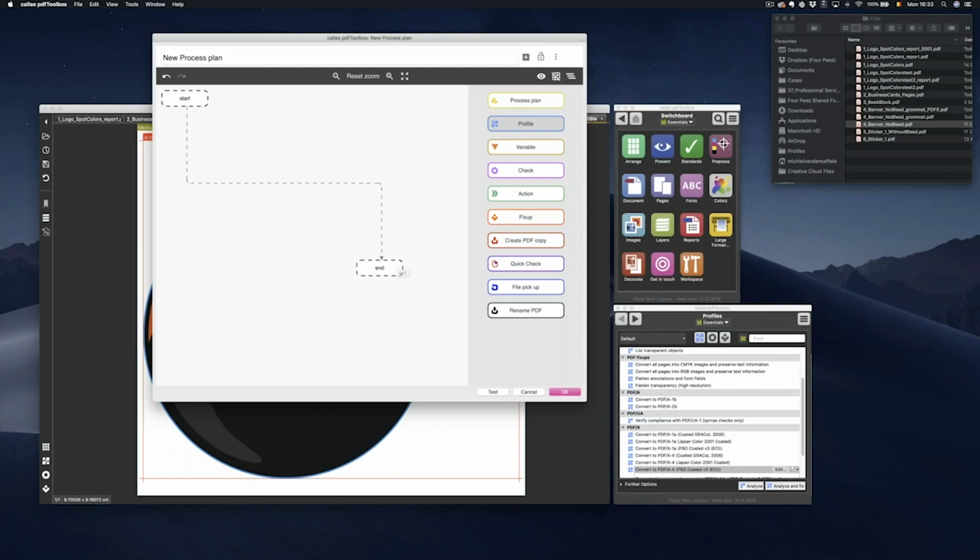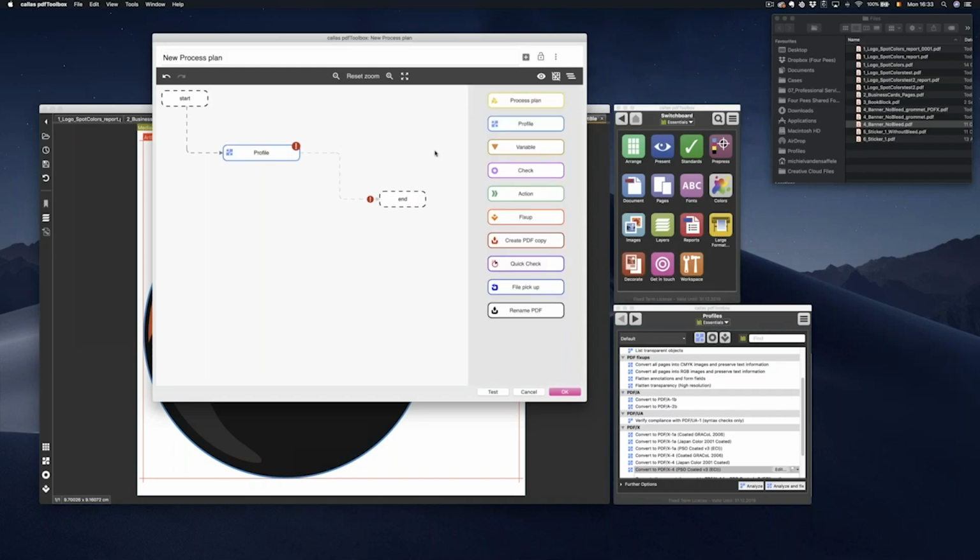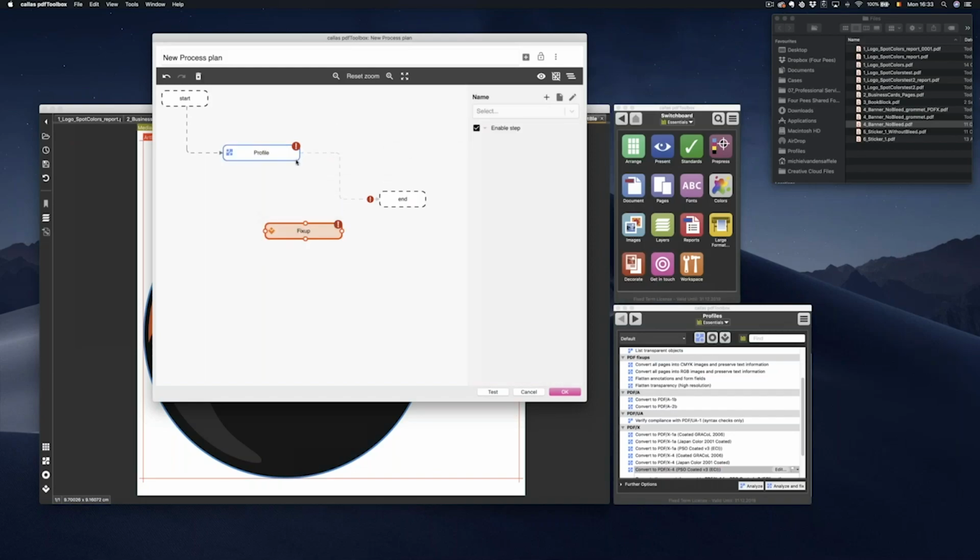You do that by simply grabbing something and putting it in the field, and then you can connect these things together. So if I grab this and put it here, and then I can grab this and put it here, and I can connect the start of my plan to my profile to the output. Now I can add more stuff. So if I don't select anything, I can say I want to execute another fixup somewhere in between. Then I can grab this arrow again, and I can put it here, and then I can make this go to the end. So this whole new interface is also part of pdfToolbox 11, and it makes creating a process plan,